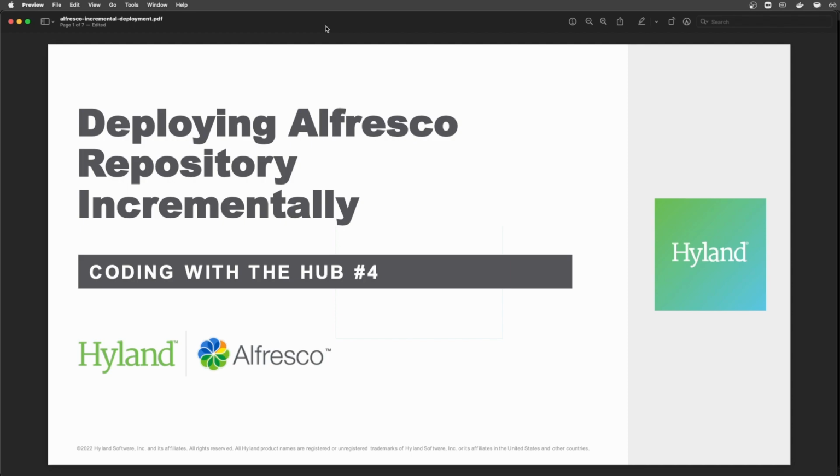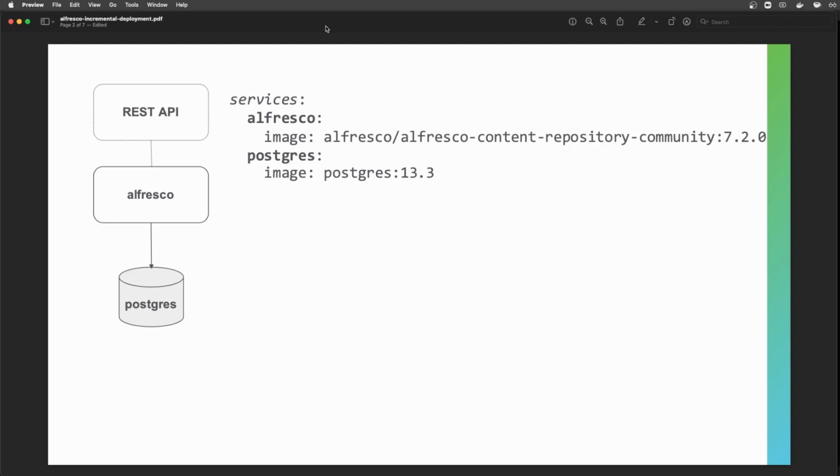Today we are focusing on the deployment of Alfresco Repository incrementally. So we are going to start with a very simple repository and we are going to add services by using Docker Compose. We are starting with this configuration that is the minimal configuration, so deploying Alfresco, the repository, and also the Postgres database. Remember that also the file system is used in order to store the documents that we are